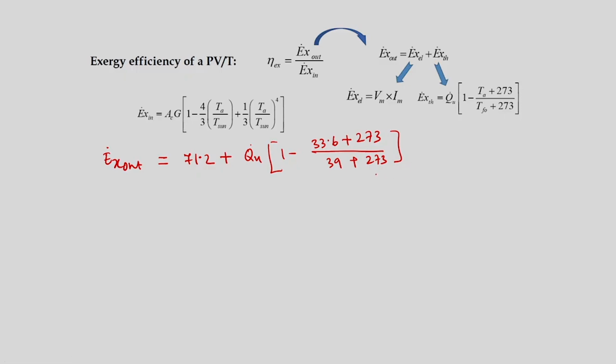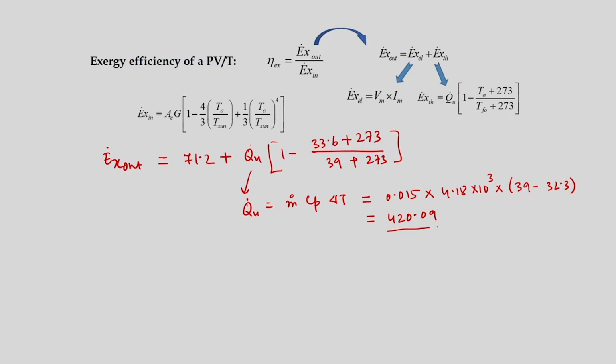So, here we will write Qu is equal to m Cp delta T. So, if we substitute the values of mass flow rate, which is 0.015, multiplied by 4.18 into 10 to the power of 3, multiplied by 39 minus 32.3, then this is found to be about